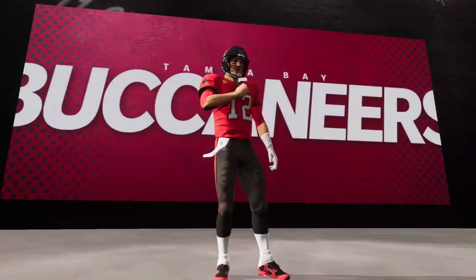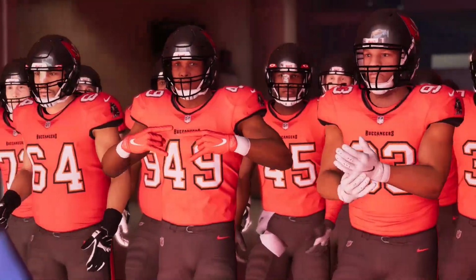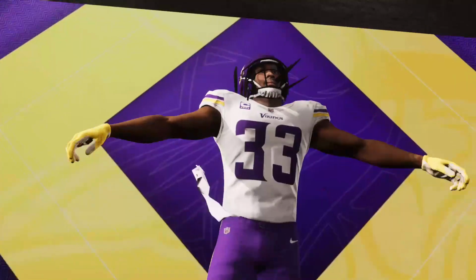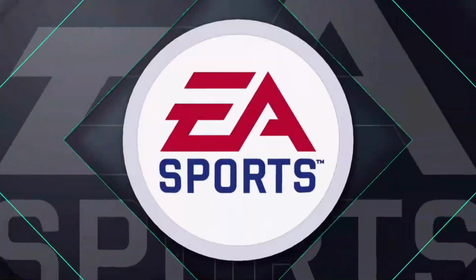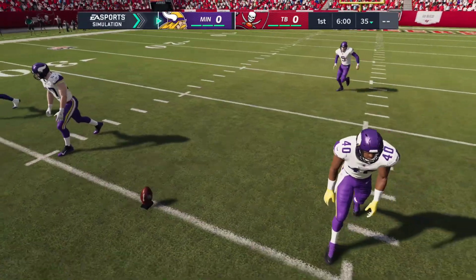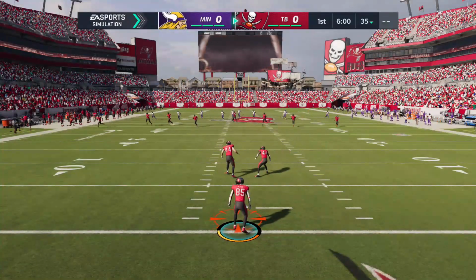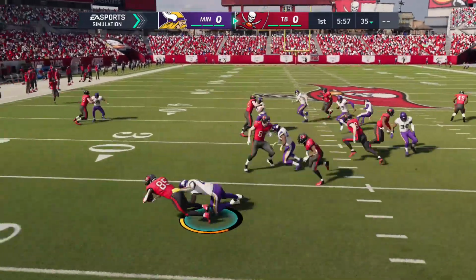Today, from Raymond James Stadium in Tampa, Florida, this is Madden NFL 21 on EA Sports. EA Sports coverage of the NFL has us on the west coast of the Sunshine State. Downtown Tampa's the spot, Raymond James Stadium. Today, we've got a good NFC matchup on tap between the Minnesota Vikings